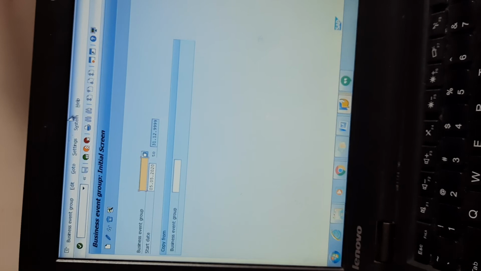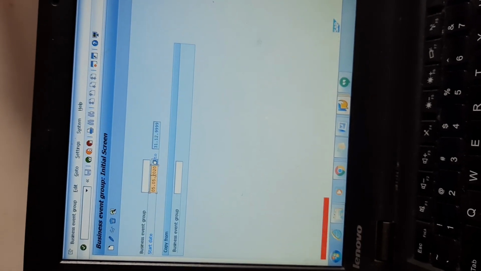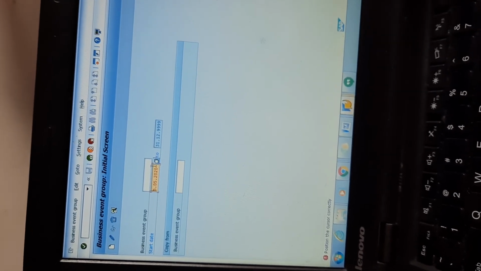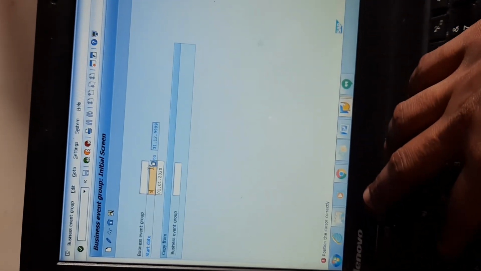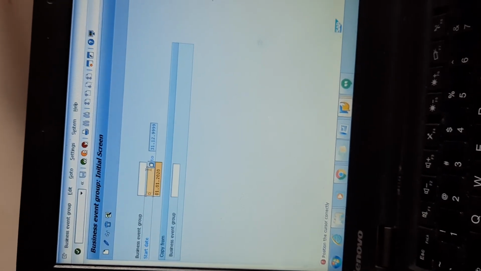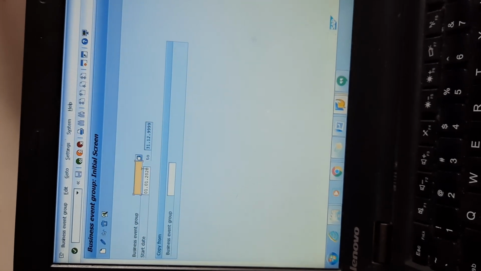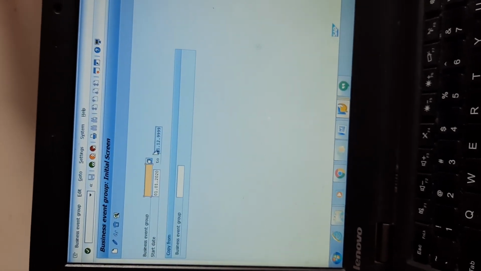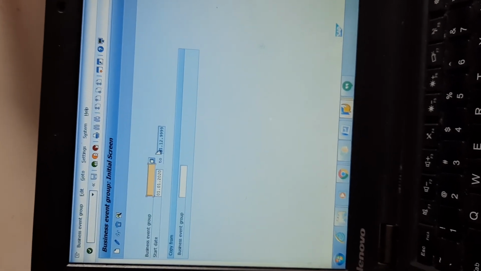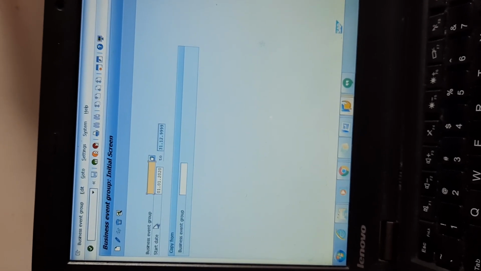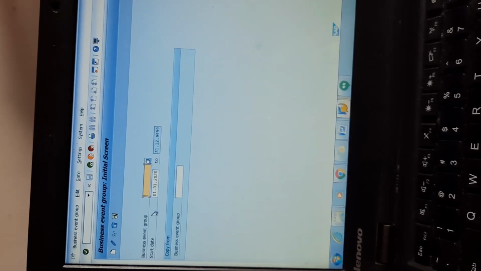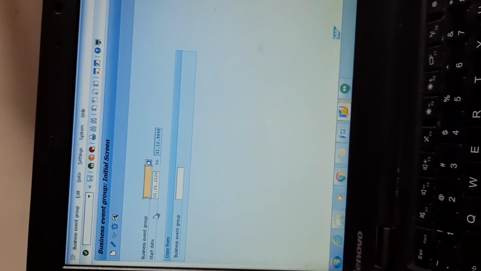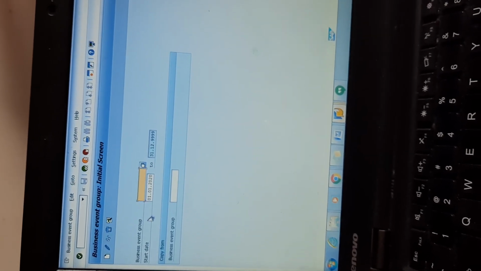Okay, so now the start date, what I'm going to do over here is, one second. 01. Okay, it's already there in the drop down. I'll just enter again, twice you enter. Okay, then there is an option here. You're not supposed to write a business event group because you are going to create a group. It is not already created, so you will not be entering any information. Why am I telling you to enter the start date? Only because for the activity or the information of any event group to start, you should enter the start date.